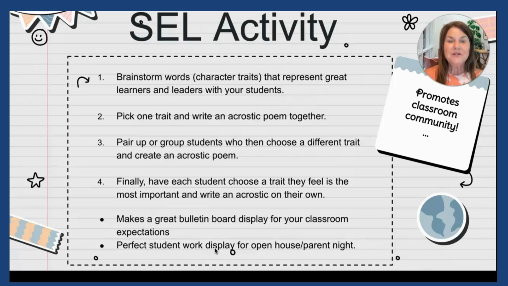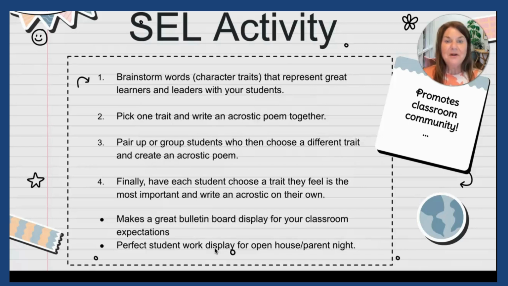So we start with the acrostic. Let's say, for example, we choose the word honest. We'll together write an acrostic poem for the character trait honest or honesty. And then from there, I'm able to model how to write an acrostic poem. I can throw in a little bit of review for figurative language. If I have higher level classes, I want to ask them to maybe help me think of a metaphor or a simile or some alliteration to incorporate into our class poem. And so we'll create this acrostic poem together as a class.